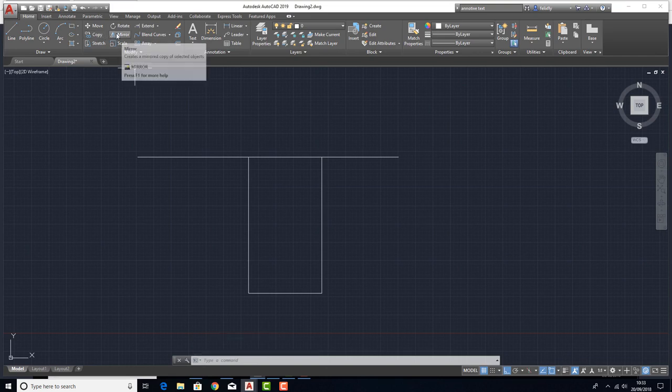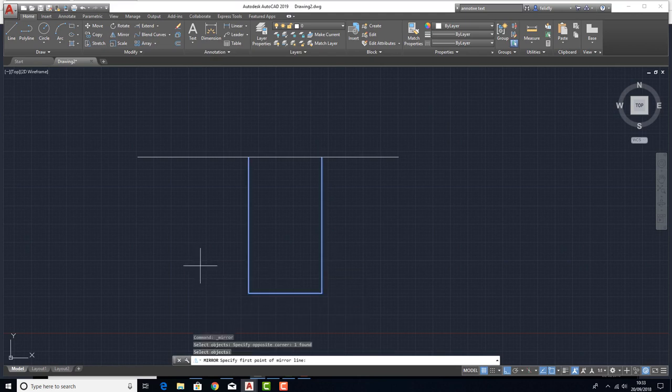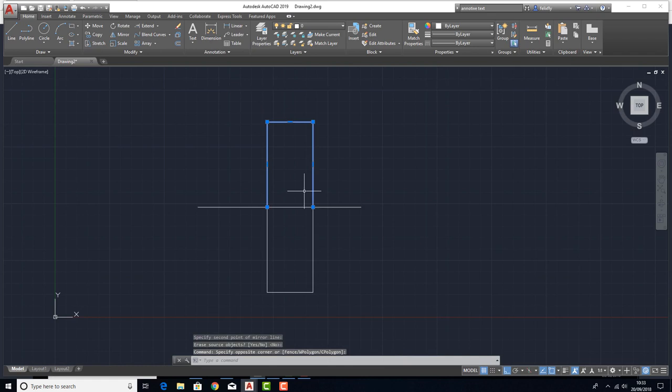Copy we've seen. And mirror, again, mirror, select the objects. There we go, right click, mirror line. It's asking us about our line. Our line is this line here, and we've mirrored it. You can see that's mirrored. Okay,